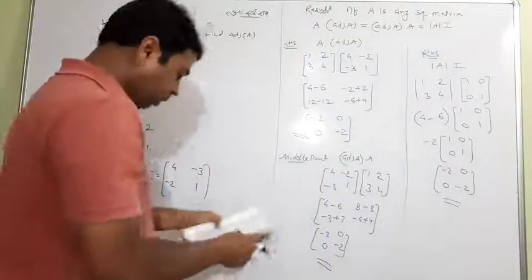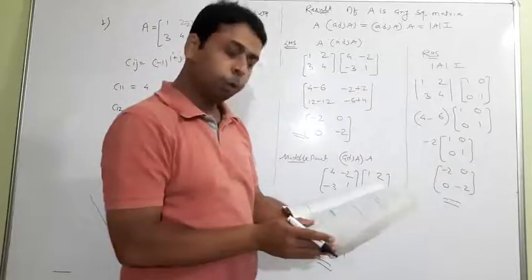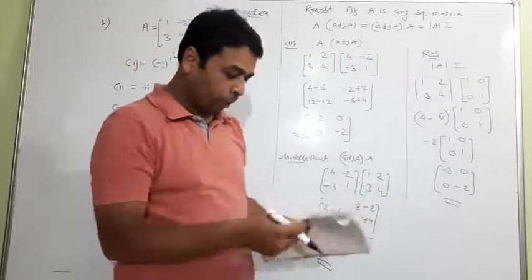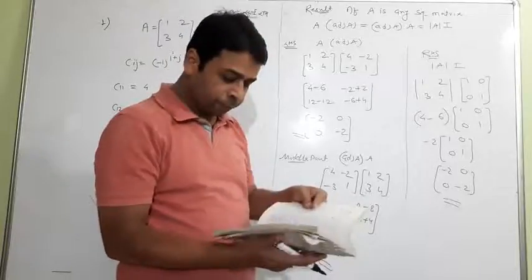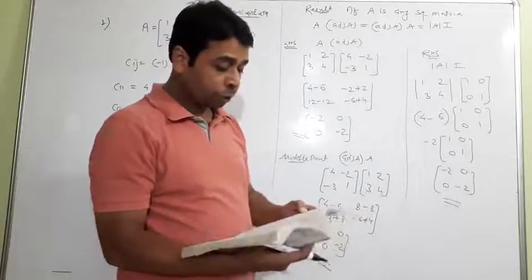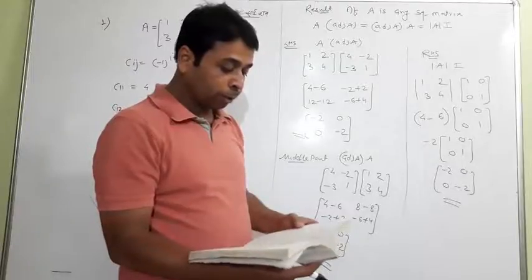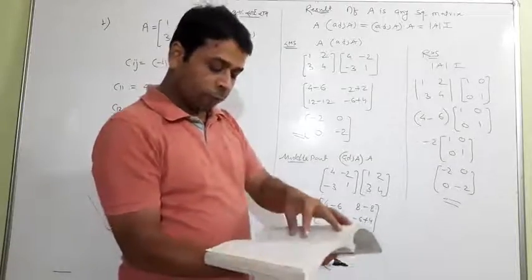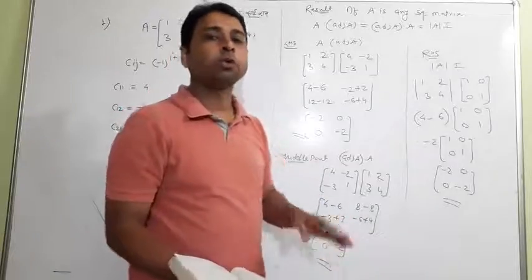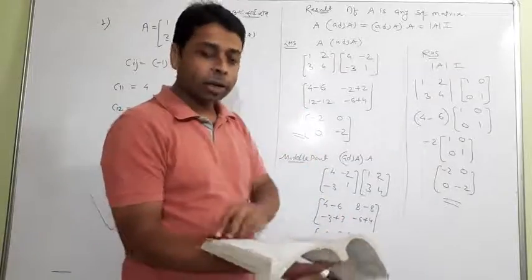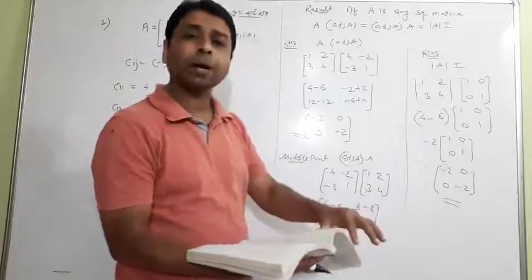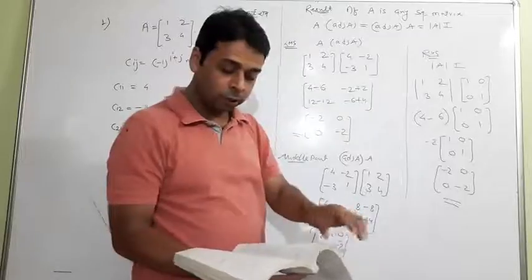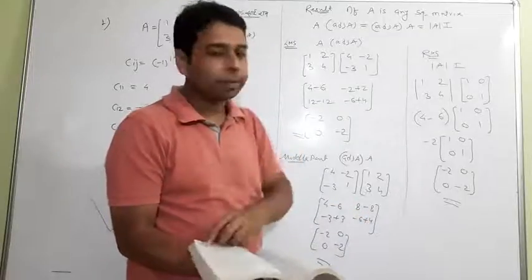Now a simple task for you. Start exercise 4.5: question number 1 and 2 are already explained here, then 3 and 4. Sorry, question numbers 1, 2, 3, 4, only 4 questions. So do try them, and I don't think you will have any doubt, as the procedure is simple. Still, if you have any doubt, you can consult with me.